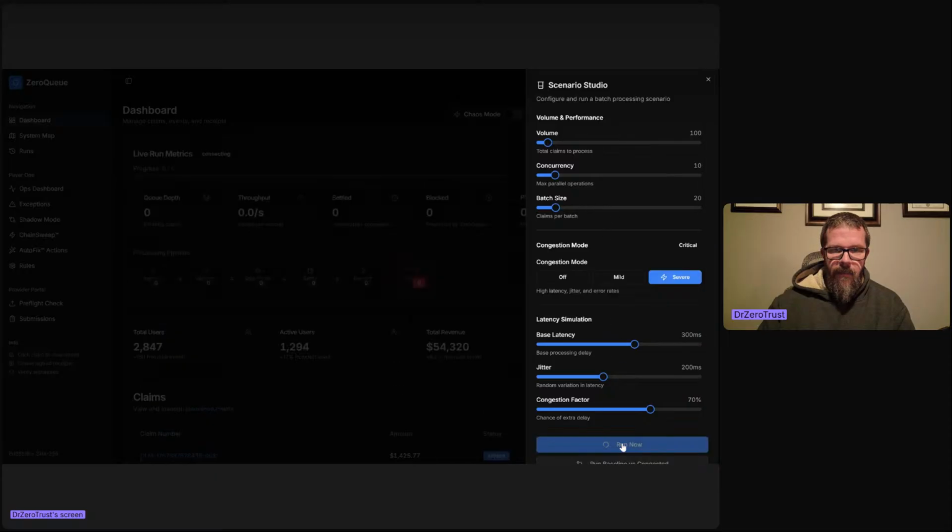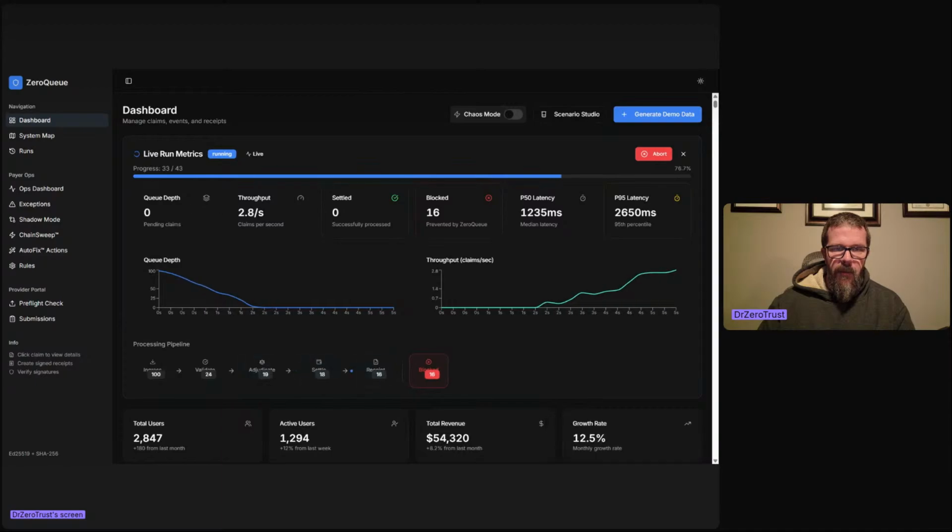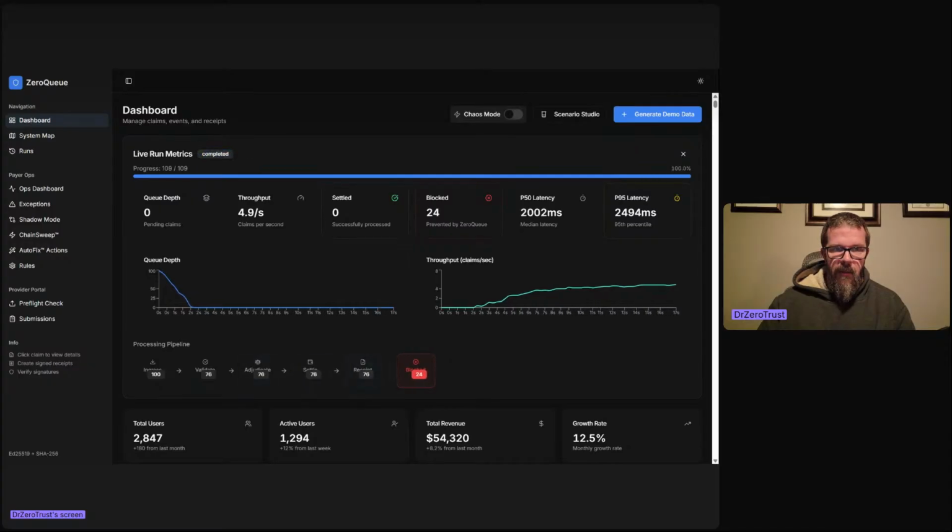Let's just run that. And now what you'll notice is we're running the metrics and we're getting queues going down to 0. Our throughput is about a few a second. And then we're going to wait for the outcome on the back end of this. The latency continues to get better as we do more of these, and you're continuing to basically solve the problem. So there you go. 109 things were processed, about 4 seconds per. 24 of these were blocked.